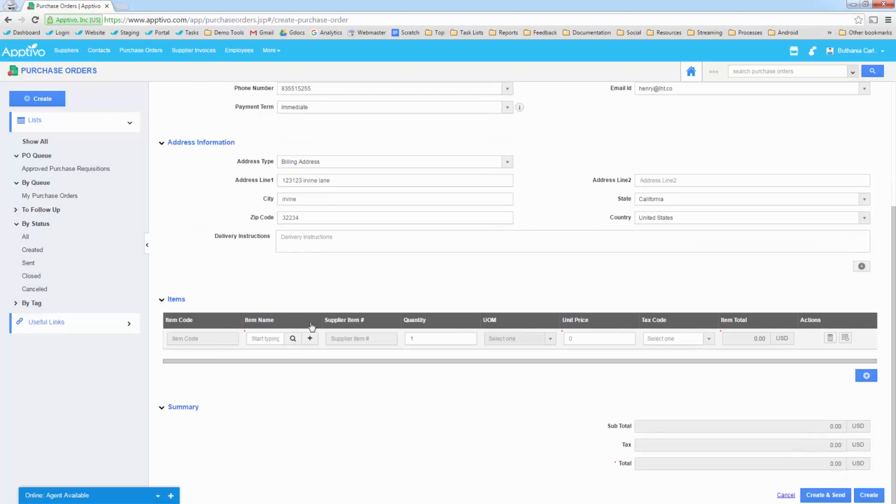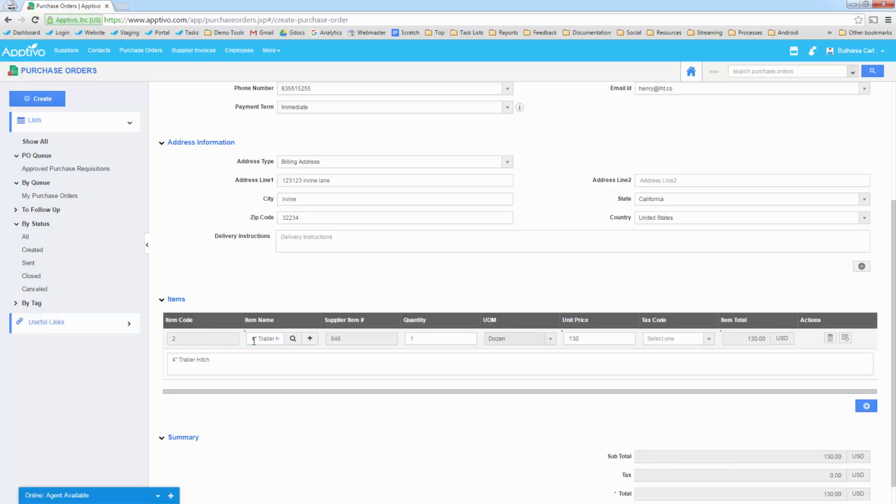Okay, and then we come down to the meat of the PO. So what products are we looking to purchase? And this is what links us back into that supplier's item tab when we were configuring the price book for the supplier. So right here, just like the other areas, you can just start typing stuff in. So I can punch in my 4-inch trailer hitch. You'll notice it pulls over my description, the item from the supplier, and then along with the cost that I've